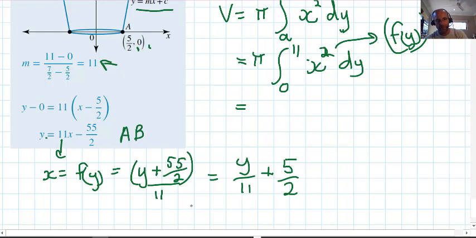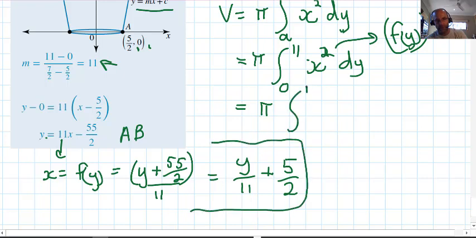So I guess we could write down what we're going to do now. Let's get that out of the way. We have 11, 0, and we have y over 11 plus 5 over 2 all squared